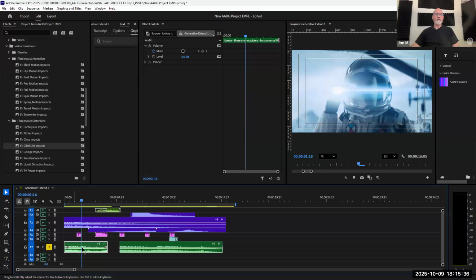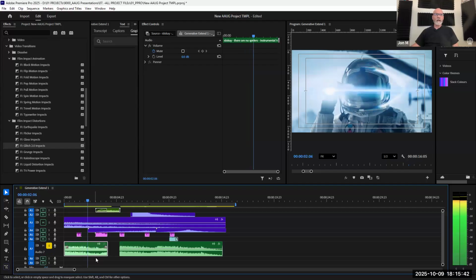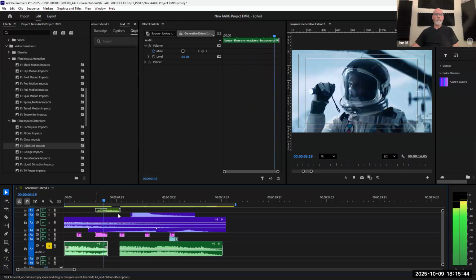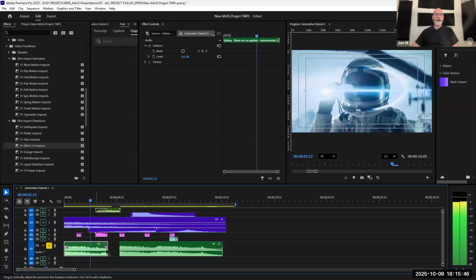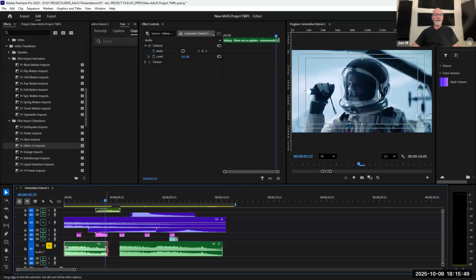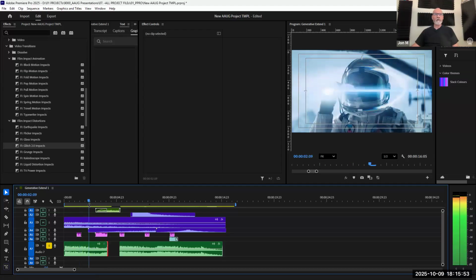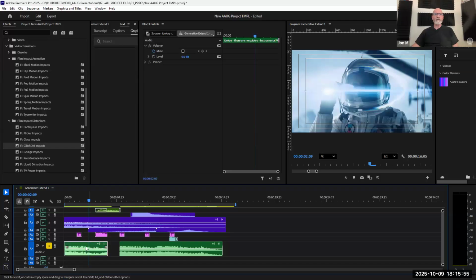And this line also represents the volume in the audio as well. So I do this all the time. And so maybe instead of having that cut off, it would be nice if it would fade. You could put a transition there like a dissolve, but I like to use keyframes because then I can really control it. And so in these audio tracks, you can put keyframes on there by,